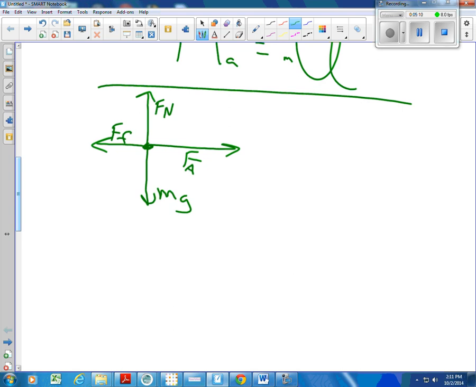So then I ask you to please do your summation of forces along the x, and you say, okay, summation of forces along the x. Now you use this,